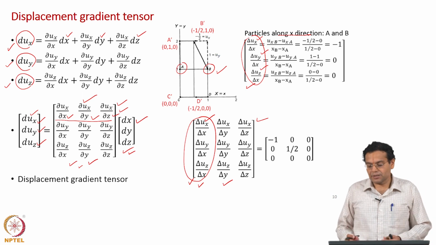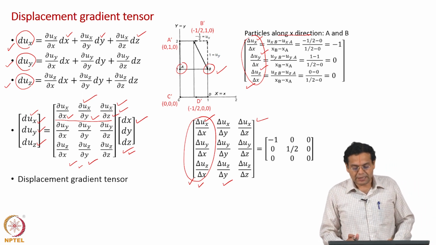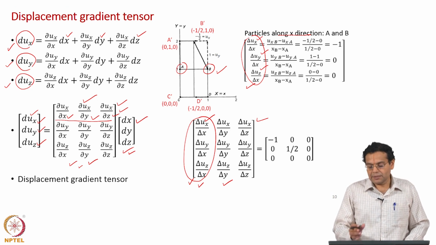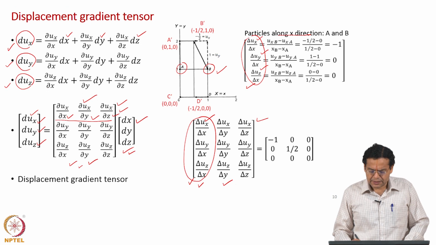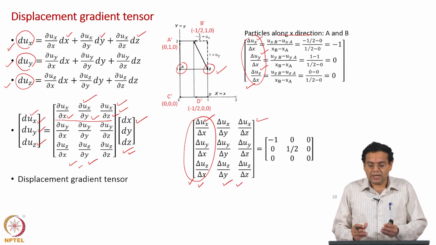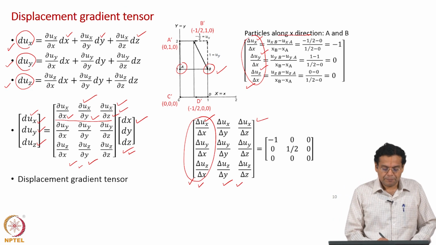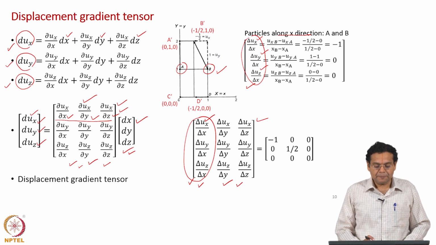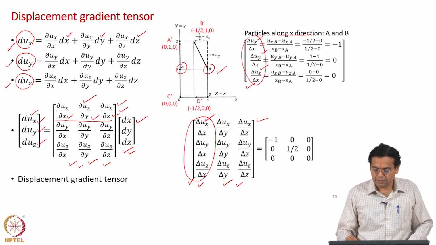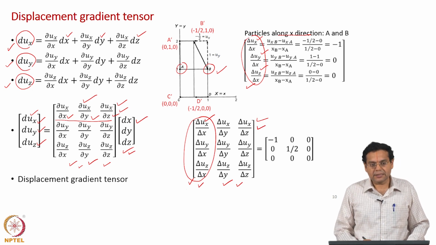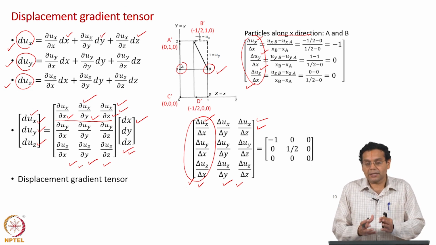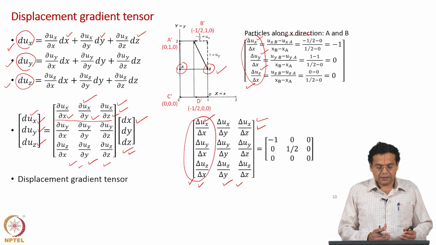Okay. Of course, at that time it was not possible to explain the reason. Now, we have a very good reason to explain why we wrote those elements as a column rather than a row. And also we said that this displacement gradient tensor looked like this for a specific example. It is not the case. We have derived the displacement gradient tensor in a more generic way, and so what we have derived is a more general form of this displacement gradient tensor. Same form, but we did not restrict to a particular geometry, we did not restrict to a particular configuration, we have derived it in a more general sense.